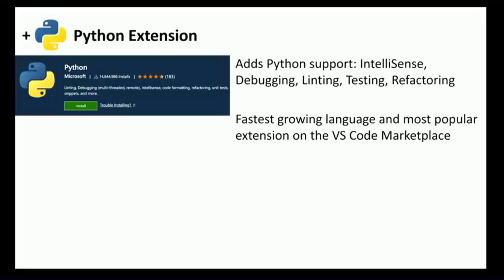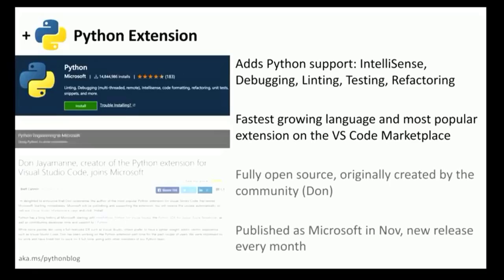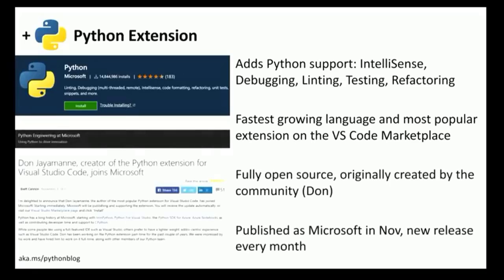And because of the work that we're doing, Python is actually the fastest growing language in Visual Studio Code, and it's the most popular extension for Visual Studio Code on the VS Code marketplace. This extension is fully open source and was actually originally created by a member of our community, Don Jayamanne from Australia,